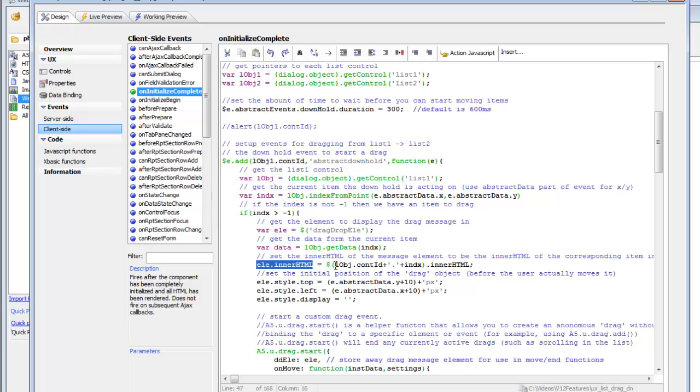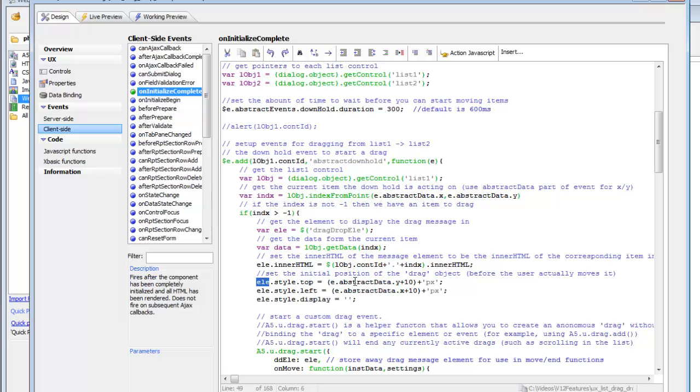So by looking at the list ID.cont ID and then adding on .index, you can see we've extracted the inner HTML from the row that we were holding down on, and then we remember that LE now is the pointer to this hidden div, and we're going to now set its